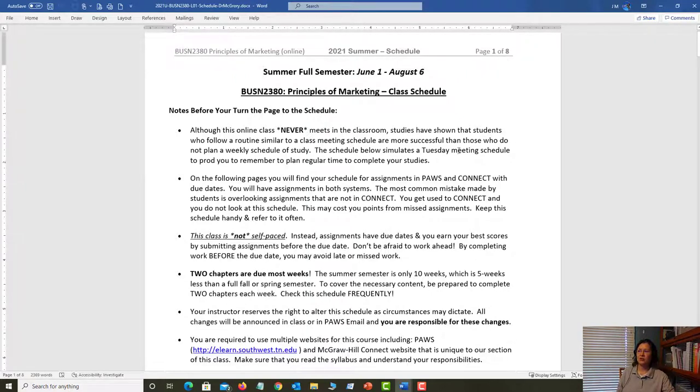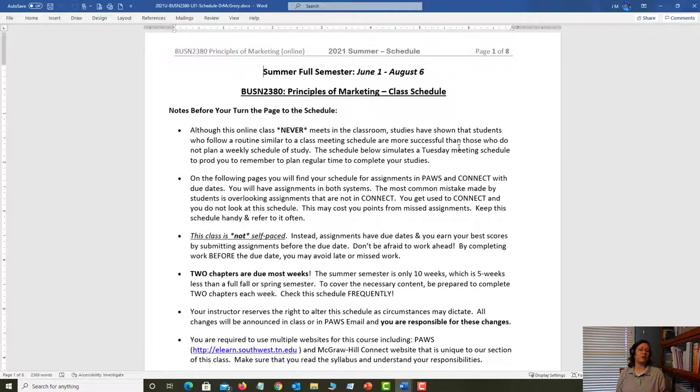Notice it's 8 pages, but I like to start with some scheduling notes to answer some common questions that you may have. Oftentimes students wonder, do I have to come to campus to take tests in the online class? How does that work? In this class, you never need to come to campus. We're going to do everything online asynchronously. Fancy word for saying we're not having a virtual meeting. You might be working on class assignments at 2 o'clock in the morning. I might email you at 7 o'clock in the morning.